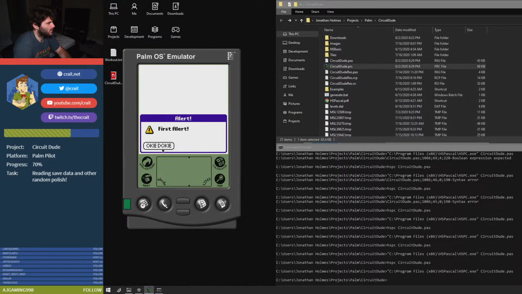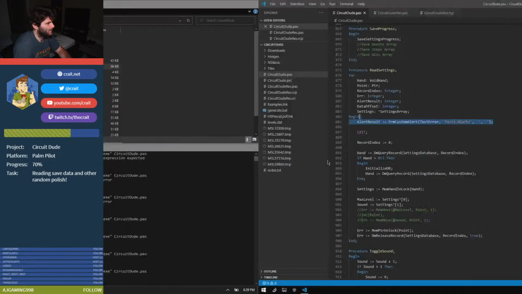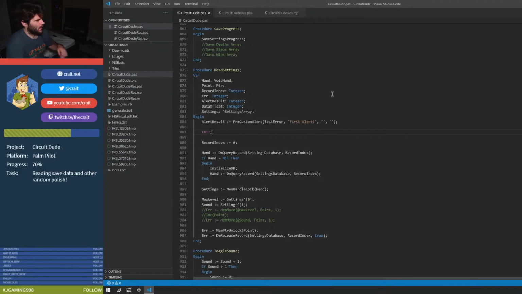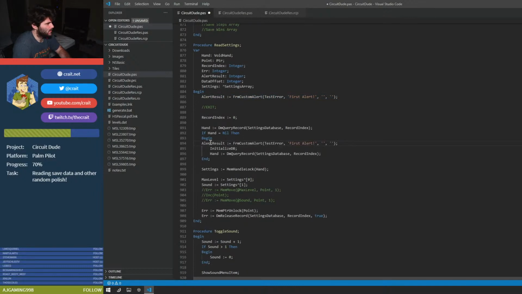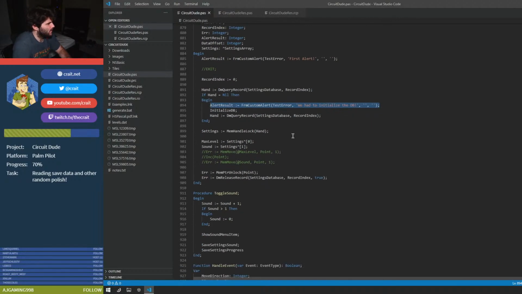Yep, first alert, okie dokie. And we'll get rid of this exit then. And we'll say if we had to initialize the DB, which I don't think this should happen. I think this should be fine. And then